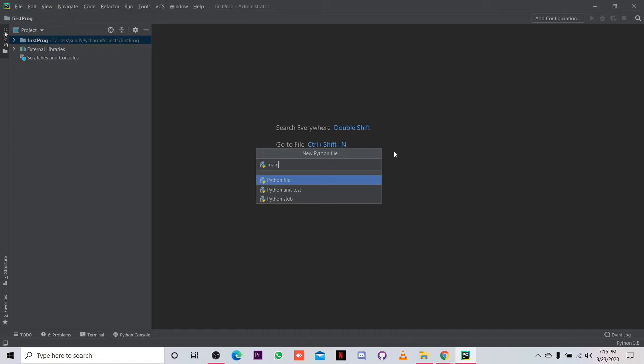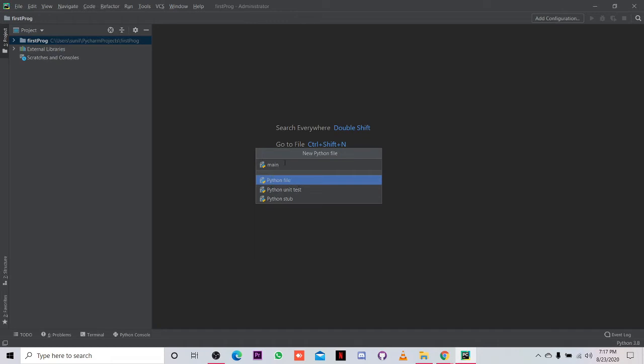That's very important. After naming your Python file, next we have to select our extension. What is an extension? Whatever file you are making, you have an extension after your file name. Like if you have an image, then you have img.jpg or .png.